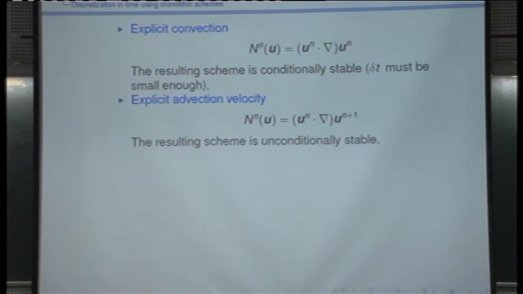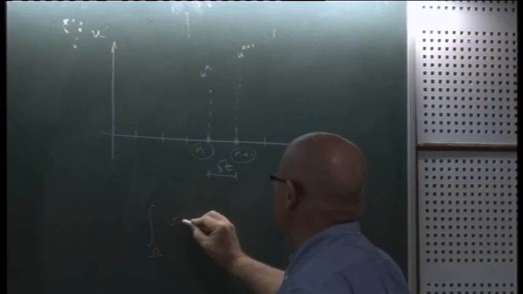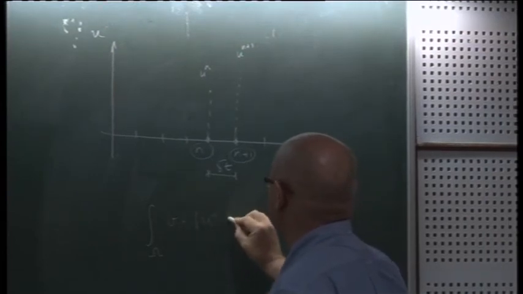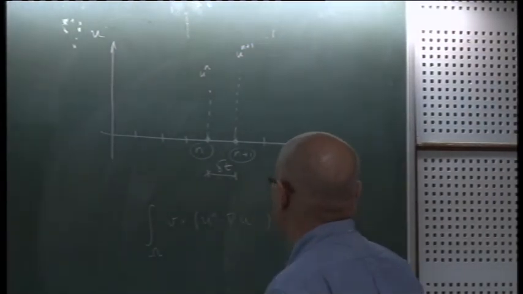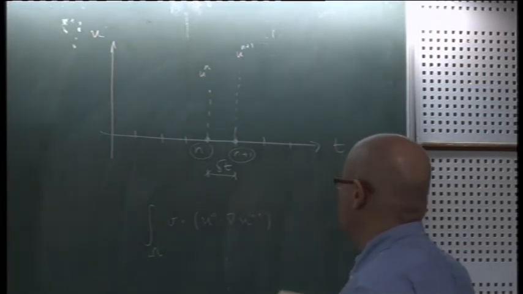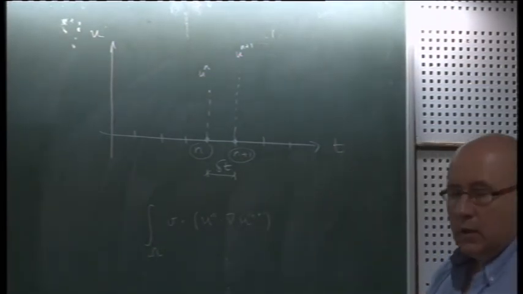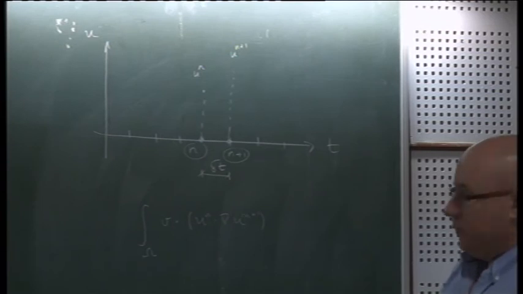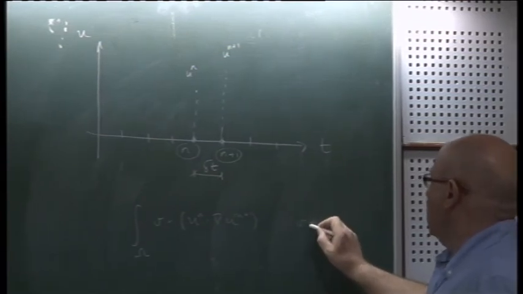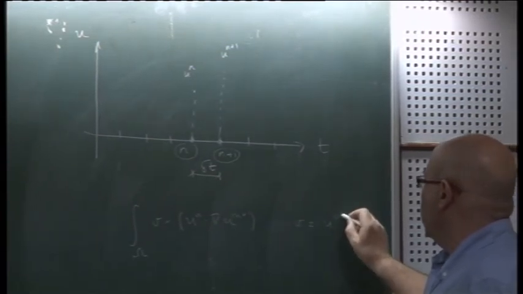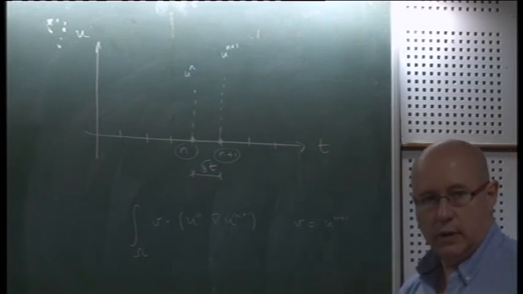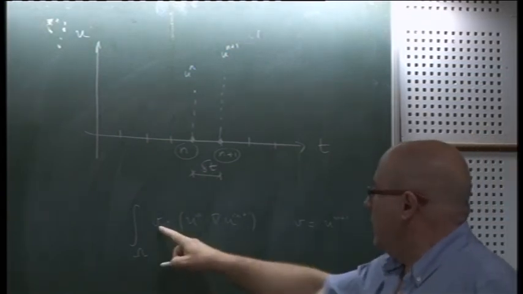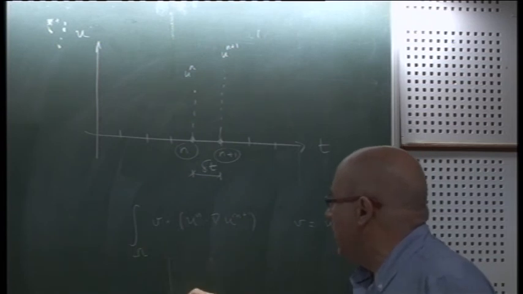It's easy to prove. Because in the weak form of the equations, we haven't seen that yet, but I just anticipate, the weak form of the equations has the convective term. To prove stability, we take the test function equal to the unknown, but the unknown is u^{n+1}. If we take v equal to u^{n+1}, it happens that that integral